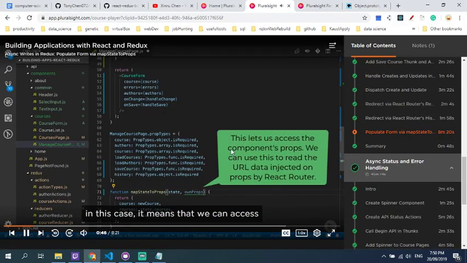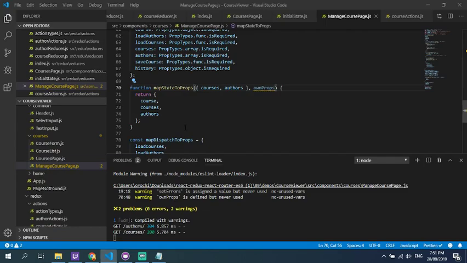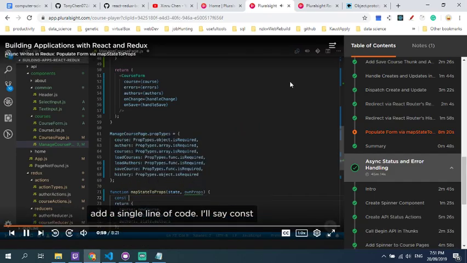So in this case, it means that we can access some routing-related props that are populated by React Router based on the route defined for this component. So to read the course slug from the URL, we can add a single line of code. I'll say const slug equals ownProps.match.params.slug. Now let me clarify